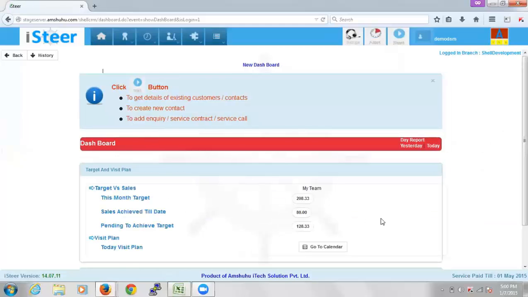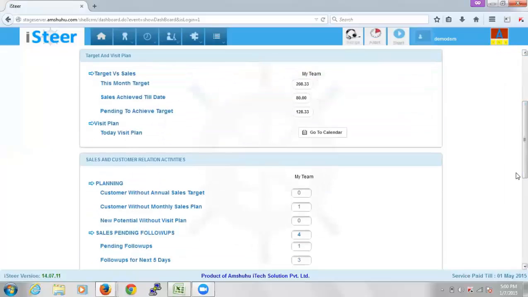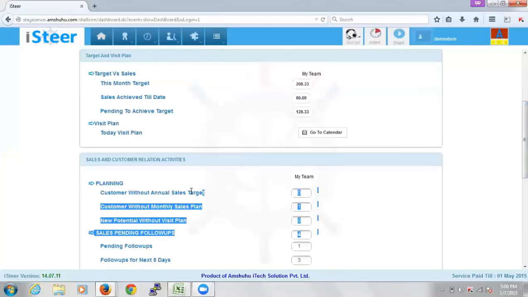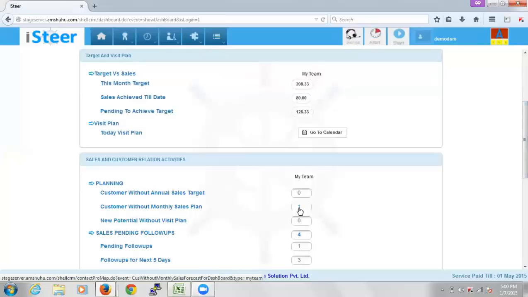For the managers, this is the manager's dashboard. Similar to what you see in planning, this is for the planning alone, planning the target alone. Similarly, you will have one for approval also: the customers pending approval for the annual sales target and customers pending approval for the monthly sales plan. This will intimate you that there are approvals pending by the manager, and you can easily navigate to that page. So that is pending right now. Yes, sir, it will take a couple more days. By the end of this week, we are targeting that, sir. Okay, thank you.